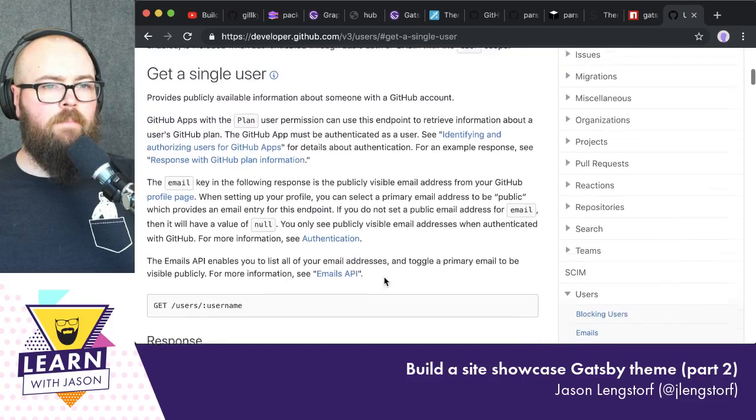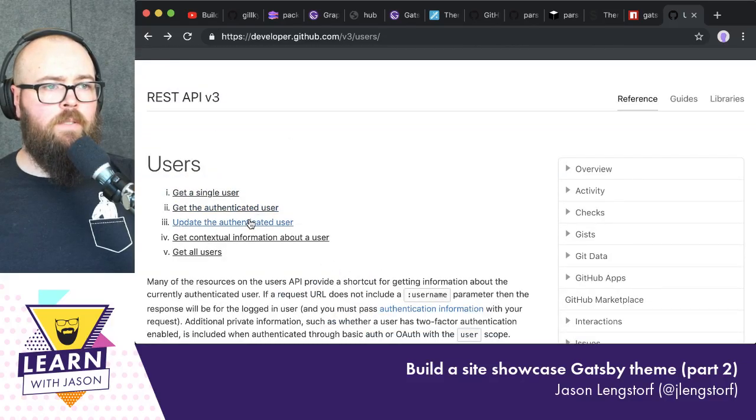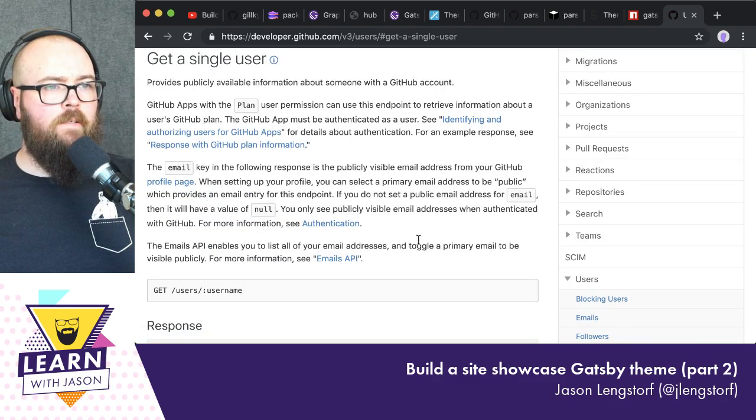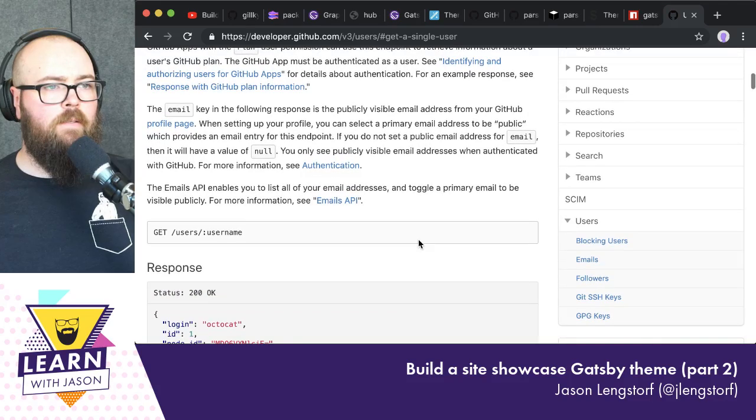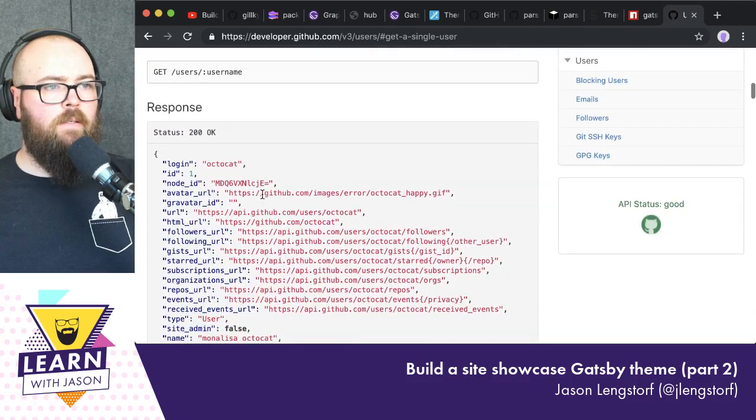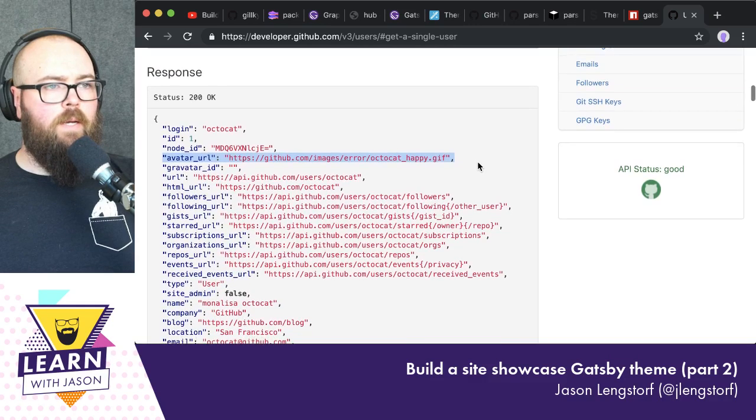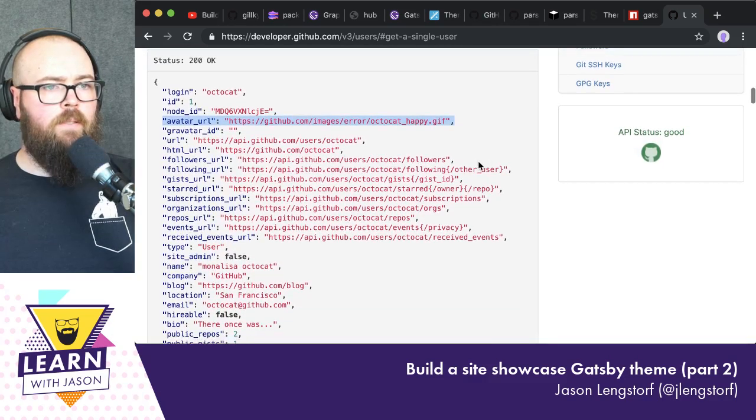Can I get like a block of users? I don't want all users. But this is what I want, is this avatar URL. And so what I think I want to do,